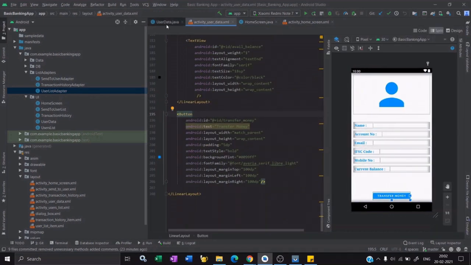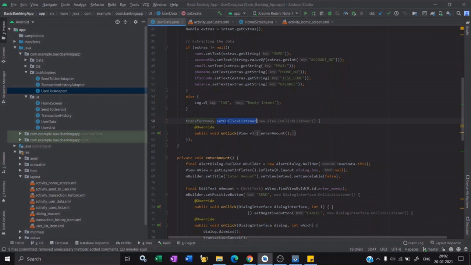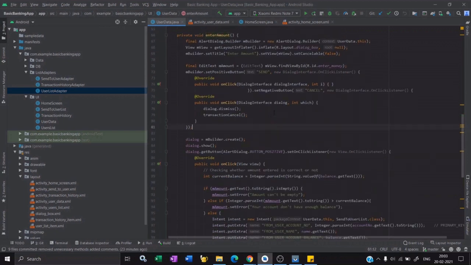So what happens when we click the transfer money? So this is the setOnClickListener for the transfer money button. On clicking this, we will be redirected to a function which is enter amount. This enter amount will show you an alert dialog box which will tell you to enter some amount, and whenever you enter some amount, first it will be checked whether the amount is not a null string or does not exceed your current balance, and after that you can click on the send button,